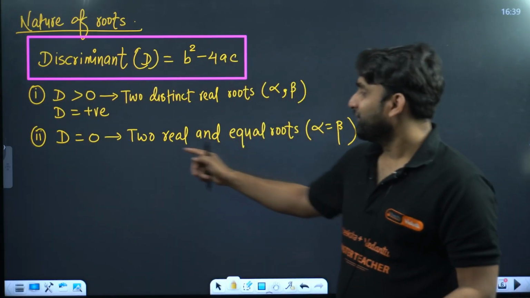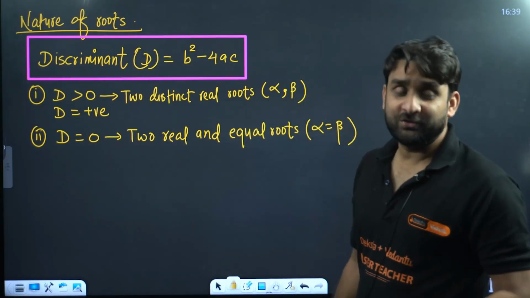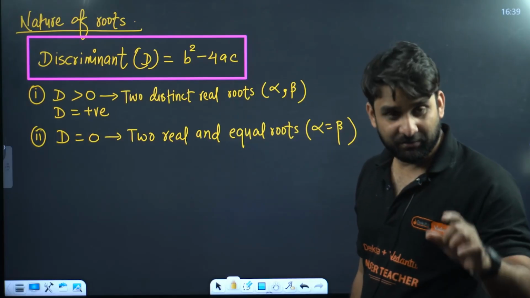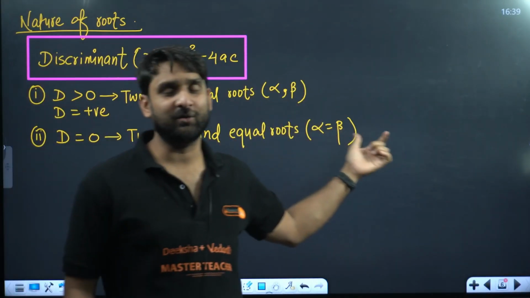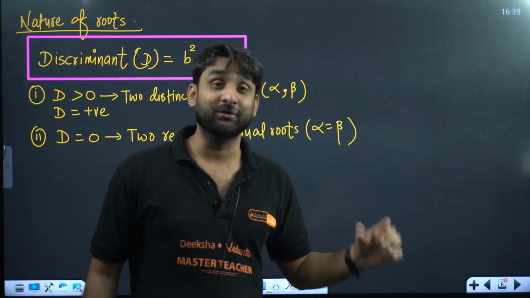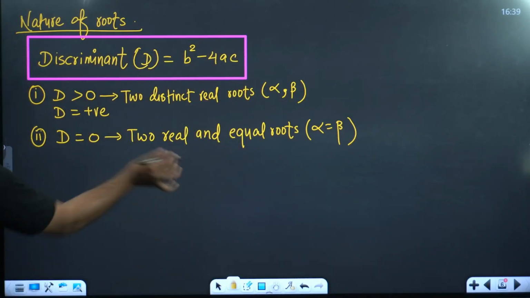So, what is the condition for real and equal roots? Discriminant should be 0. If discriminant is 0, it indicates that if you solve that particular quadratic equation, you will be getting both the roots equal to each other. Okay. Third is